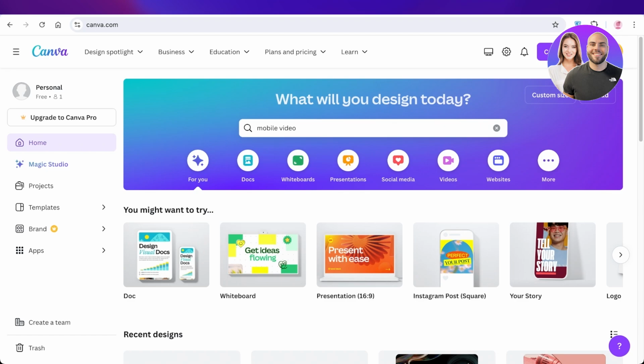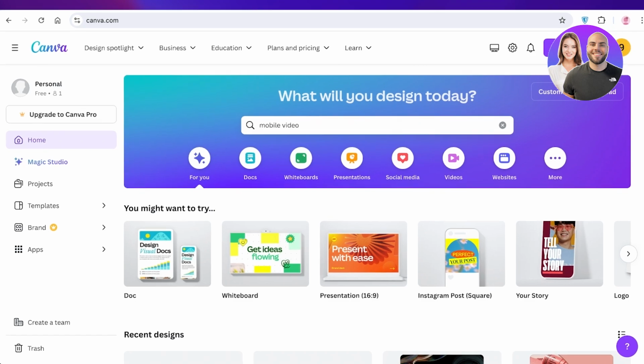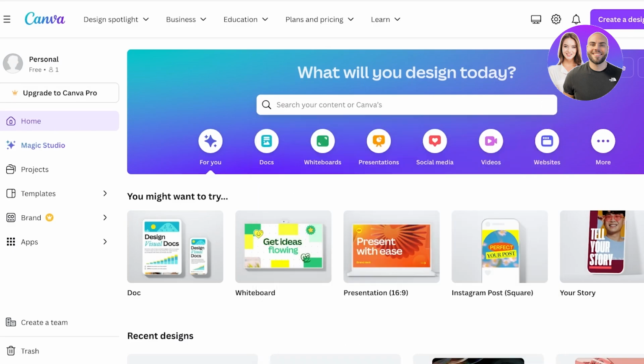In today's video, I'll be showing you guys how you can create amazing videos using Canva AI. So even if you have a free account, you can still play around a lot with Canva, and I'll show you guys exactly how. To do this, simply log on to your Canva account, and we're going to be creating